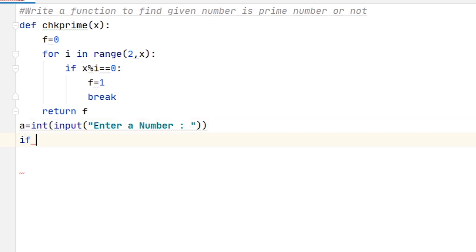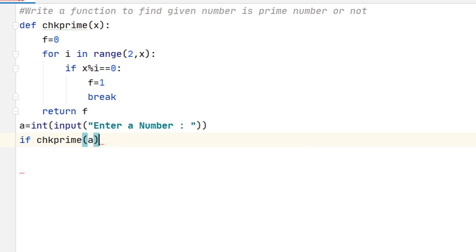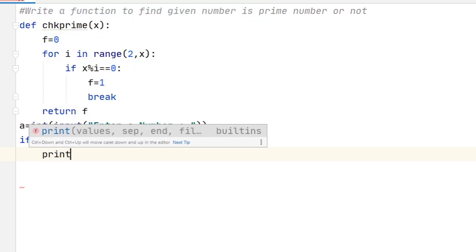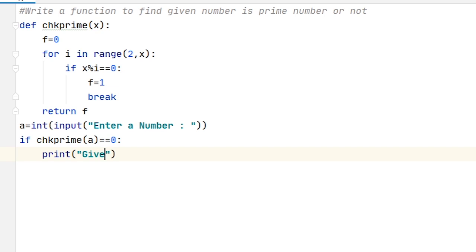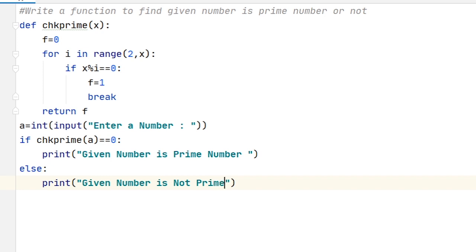And if check prime of a is equal to 0, that means print given number is prime number, else print given number is not prime.